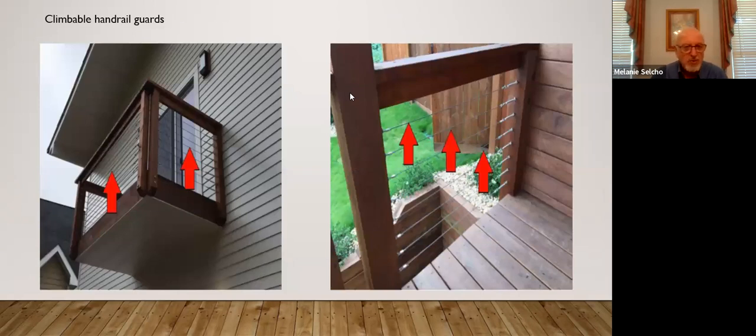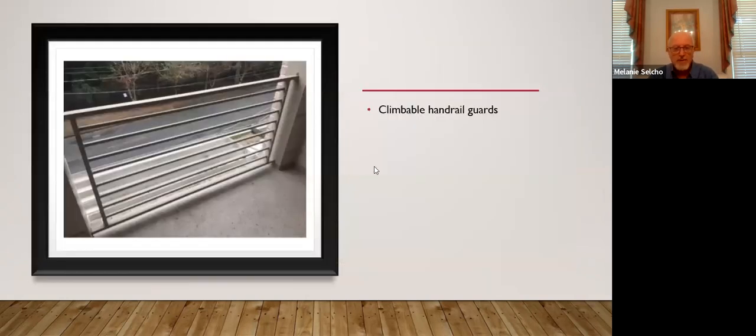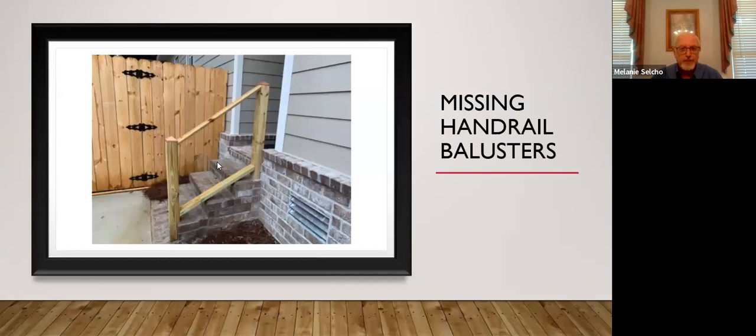Sometimes we have an architectural thing where they've put in horizontal handrail guards, and so they are definitely climbable, and little people can climb these things up and fall over the top of them. So again, here's another one. This is actually more solid, but it's the same sort of thing, that they can be climbed. These are actually just missing the hand balusters on the incomplete